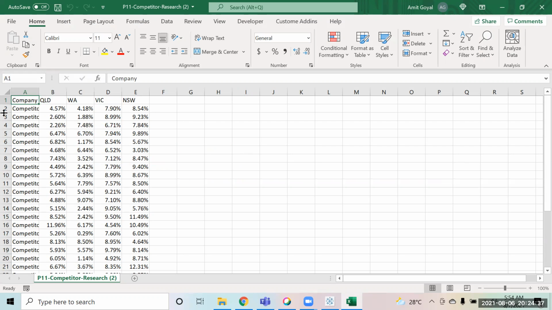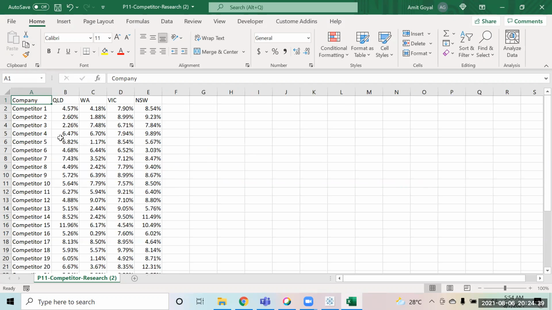Okay, so this is the data set that we have, right? This is a competitor research data set. In this, these are the 4 different states of Australia: Queensland, Western Australia, Victoria, and New South Wales. We are given the profit that 30 competitors have been making.